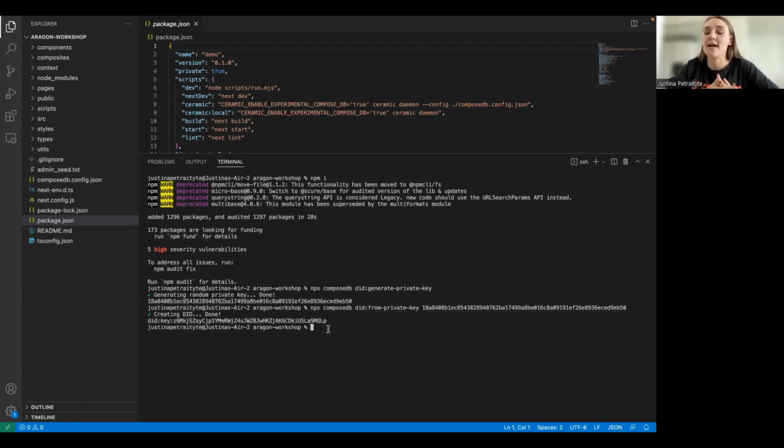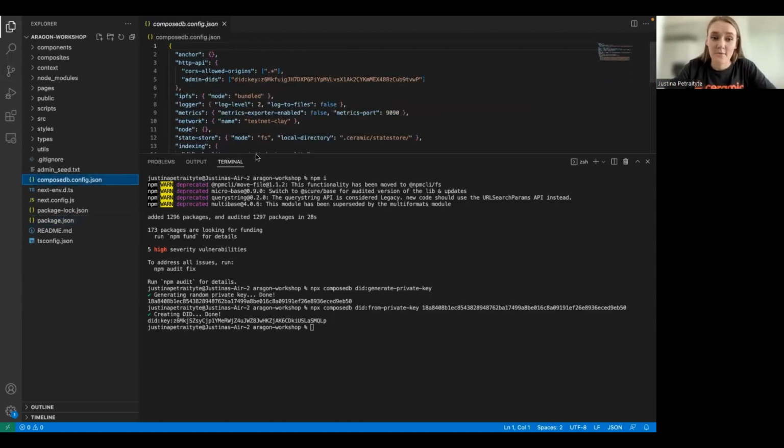Now, how this looks from the actual app perspective. Since I already have this small app built out, I can show you an example of how the node configuration file looks. If you get started from scratch, you will have to generate the did and the private key, just like I showed you, and provide them in your node configuration file that will be automatically generated for you as you launch your node. So I have one of those files ready for me here.